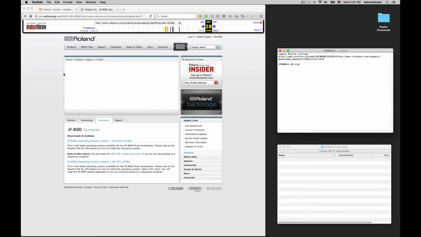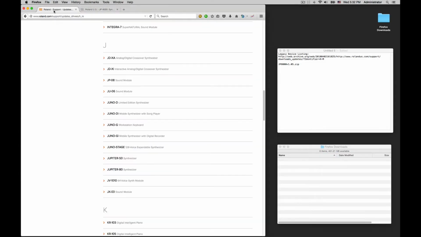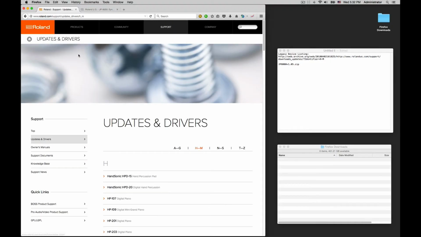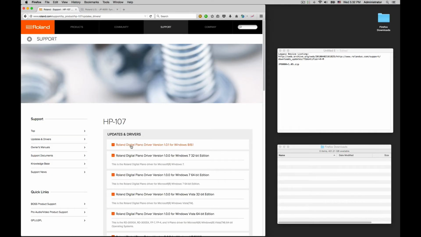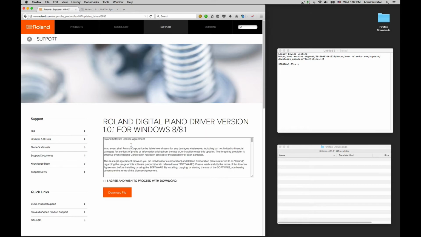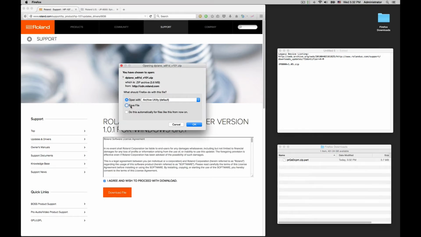Alright, so that's the first part of our puzzle. We've got the file name that we want. Now the second part of the puzzle is, what do we put at the beginning of the URL in order to be able to download this? Well, if we go into any device on Roland's current website and try to download any driver, and say agree and download, and then save the file,